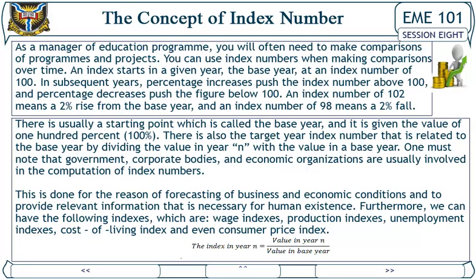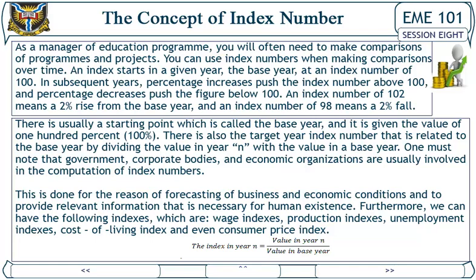The concept of index number. As a manager of an education program, you will often need to make comparisons of programs and projects. You can use index numbers when making comparisons over time. An index starts in a given year, the base year, at an index number of 100. In subsequent years, percentage increases push the index number above 100, and percentage decreases push the figure below 100. An index number of 102 means a 2% rise from the base year, and an index number of 98 means